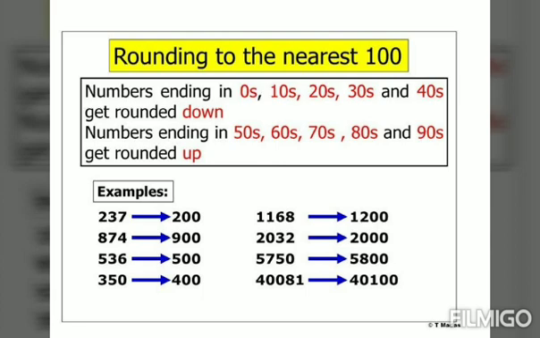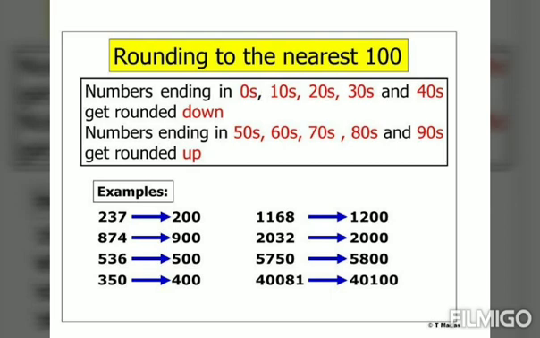Okay, for example 237. In this, 37 is less than 50, so make these two places 0 and write the remaining digit as it is. Another example is 874. 74 is more than 50, so add 1 to 8, so it is 9, and the remaining places will be 0. That is, 900 is the rounding off to the nearest 100. This is the way we have to proceed to round off numbers to the nearest 100. Okay, now any doubt children, if you have, please ask me. Check the remaining examples also, you will get clarity.